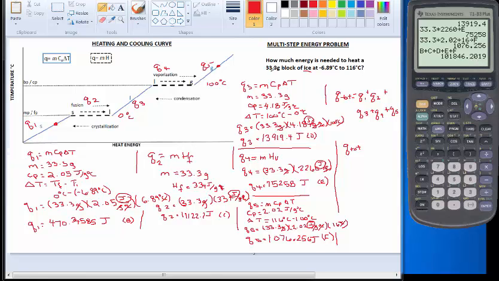In our original problem, we had 3 significant figures for our grams, 3 significant figures for our temperature, and